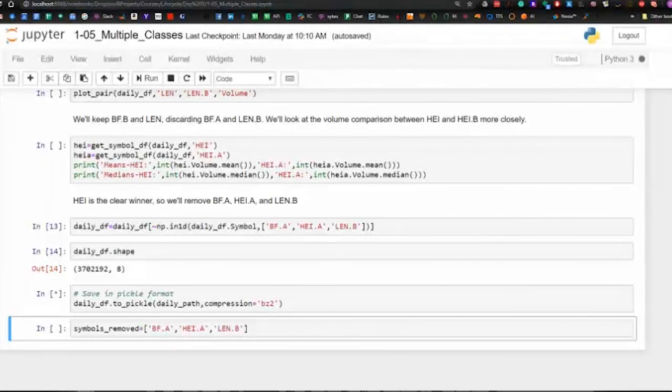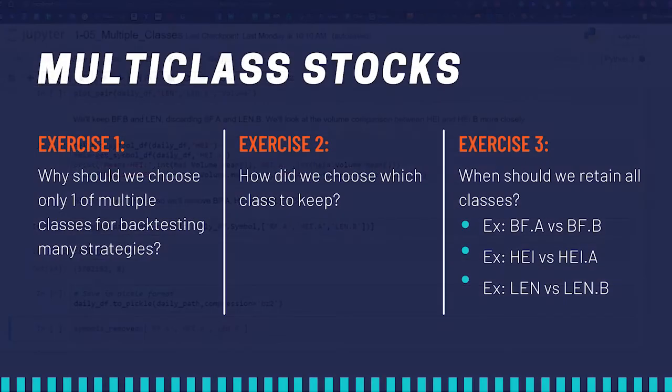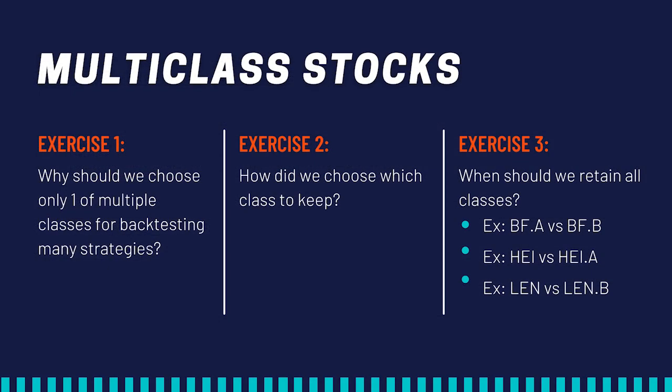So going back to the slide itself, all right, I think I'll answer some of these here. Why should we choose only one? For the reason that Ernie mentioned earlier, that you'll suddenly get twice the profit if that's essentially the stock you select. Your algorithm